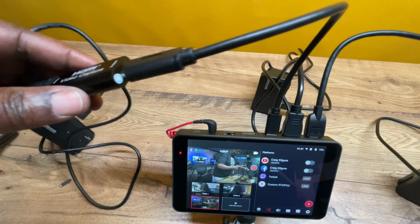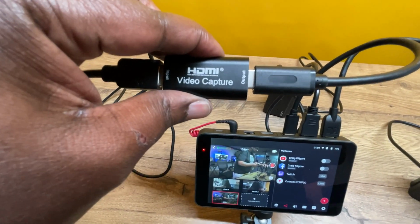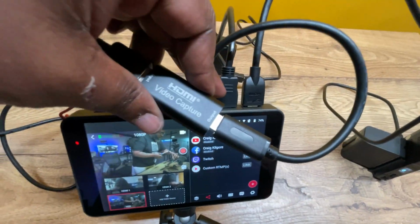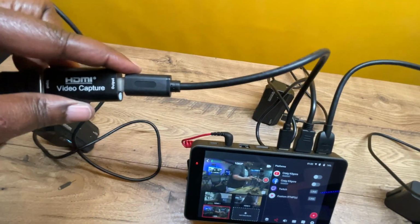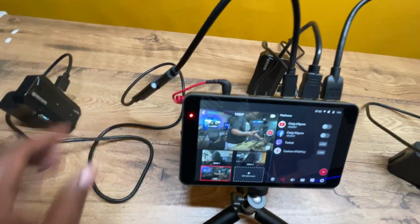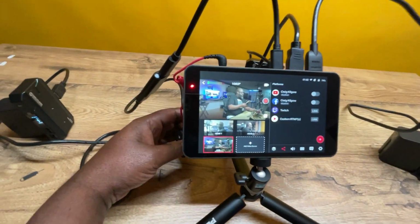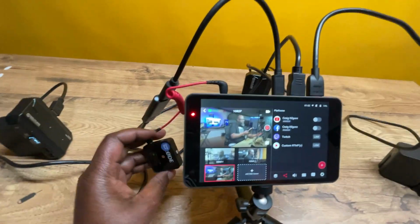I tried to plug this HDMI video capture card directly into the USB port, but it's a little wide when laying out next to the other connectors. So I use this. This is basically an extender cable. Also, just for fun, I have a Rode Wireless Go plugged in to the audio in,